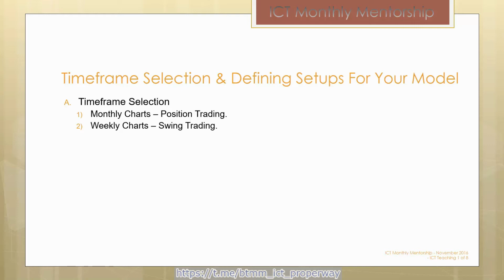The weekly chart, we use that for swing trading. Now, swing trading is a little bit more frequent than long-term position trading. Swing trading is, by my definition, typically one or two trades within a three-month period. So every quarter of the year, in other words, every three to four months, there's going to be a setup that takes place. And you can find them very easily on a weekly chart. Because the weekly chart is much like the monthly in regards to how long it takes to form the setups, it takes a great deal of patience.